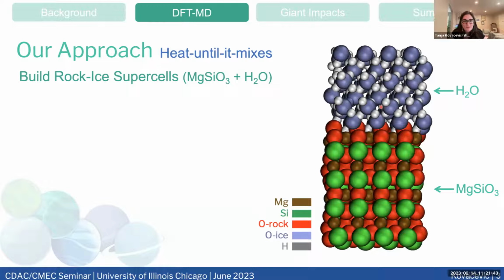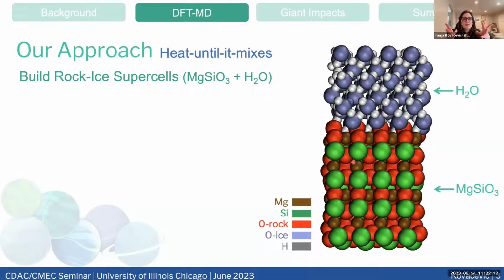So next we build the supercell. We know what our rocky material is, and we know what our ice is going to be. So we're going to get those crystal lattices and build them. We have the rocky material on the bottom, ice on the top, and all the atoms are colored as such. I want to point out that the rock oxygens and ice oxygens are colored differently. This helps with visualization instead of just having red atoms everywhere, and also helps with some analysis that we're going to do soon.